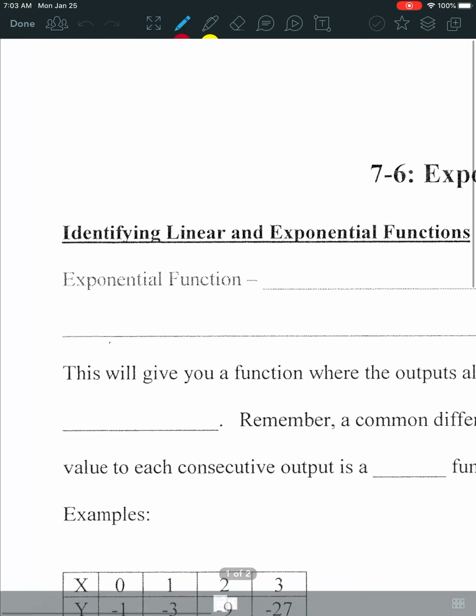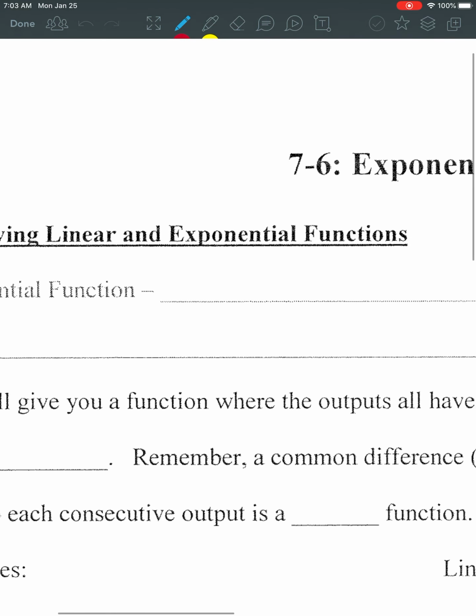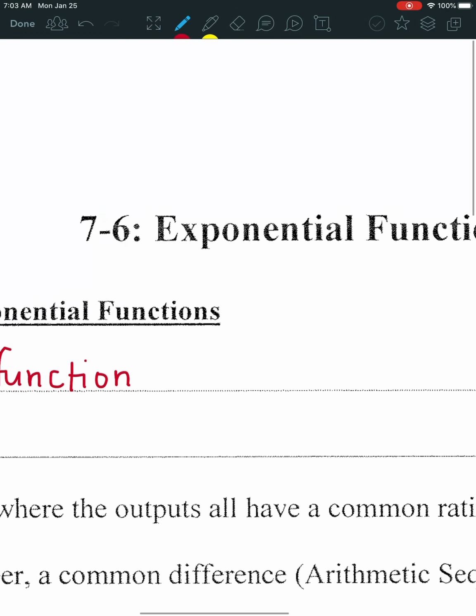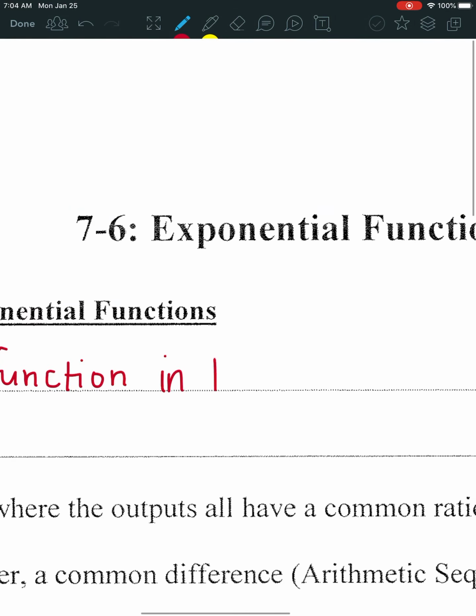So we've talked about 7-6. We've done linear, exponential, quadratic. Today we're going to focus specifically on just exponential functions. So we've learned an exponential function is a function in the form